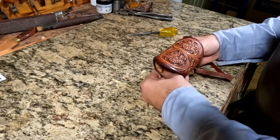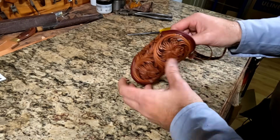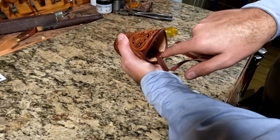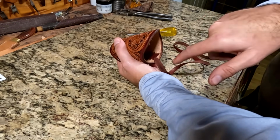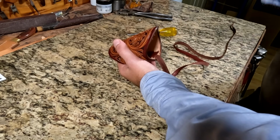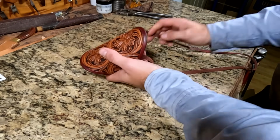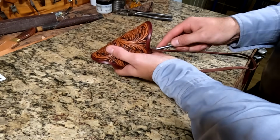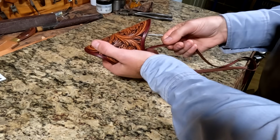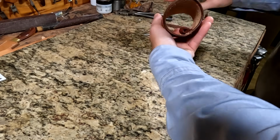Now this is a bouquet wrap. It is not a piece of cowboy gear that's going to get used and abused and all that stuff. So the only thing I'm going to do is go up underneath this last bit right here, and then clip it off. I'm going to pull it tight so it's clenched down, and then clip it off. This thing will be on display for the rest of the bride's life or whatever. I'm sure it's going to be a keepsake. She's not going to carry it around town or carry it on a cattle drive or anything like that. It's just going to be for pictures. And so I don't have to get too crazy